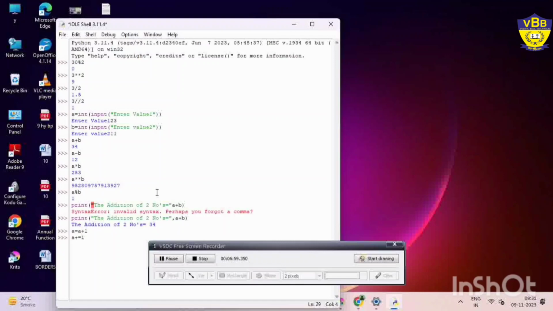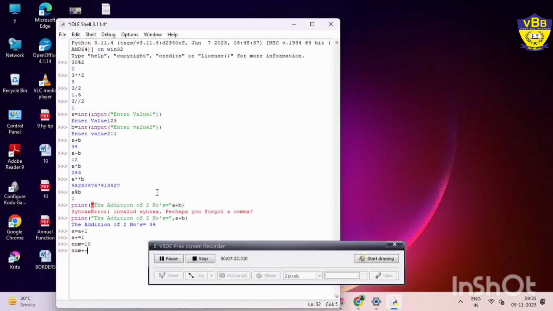Suppose one variable is there, num is equal to 10. Now instead of writing num equal num plus 1, what can I write? Num plus equal 1.